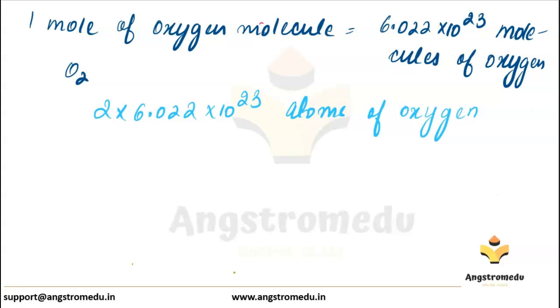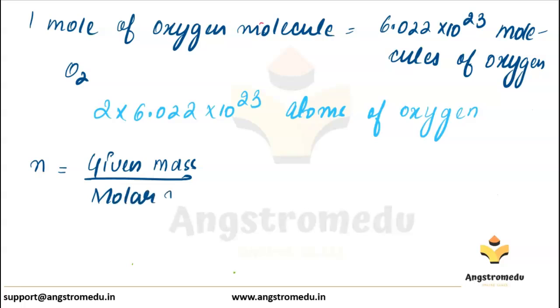In case of gases, this mole is defined as that amount of gas which has a volume of 22.4 liters at STP. So we can write the formula for calculating moles. Here N represents moles, so N can be given mass divided by molar mass or atomic mass. Then it can also be equal to total number of entities,